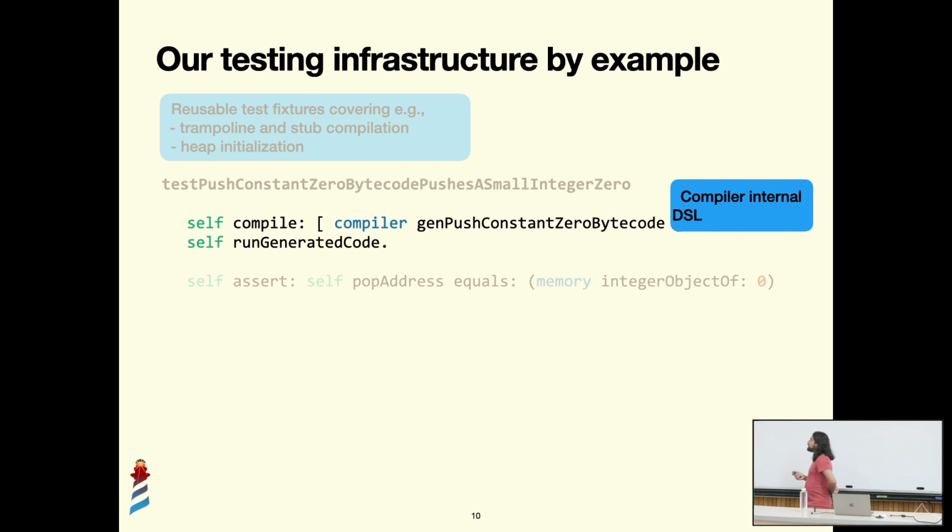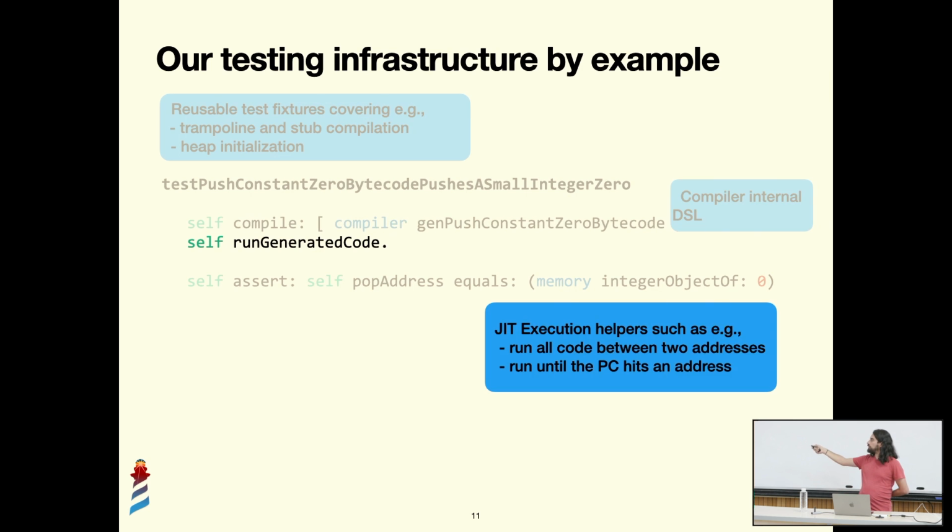We have an internal DSL, let's say, for compiling stuff. So we can compile stubs. We can compile here, for example, a single bytecode. We can also compile intermediate representation instructions directly. We can also run the generated code directly. We have many ways to execute the generated code. For example, you can run the code until it returns, or you can run the code from one place to another. So depending on what kind of test you are running, you want to use different